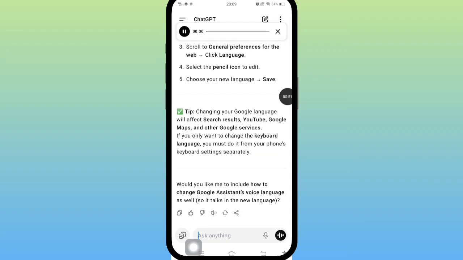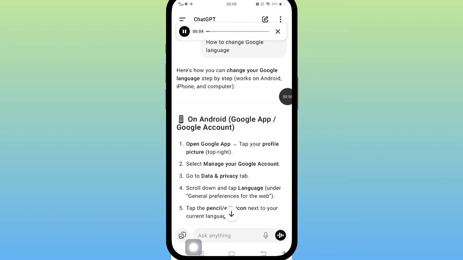Tap on this option and see it step by step. Works on Android, iPhone, and computer. On Android, Google App